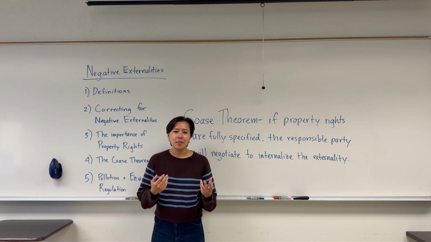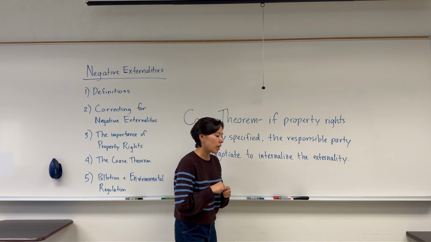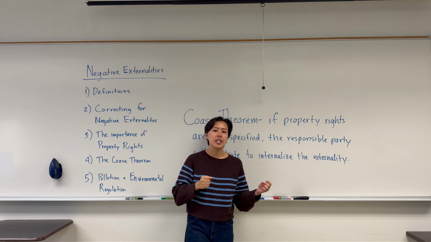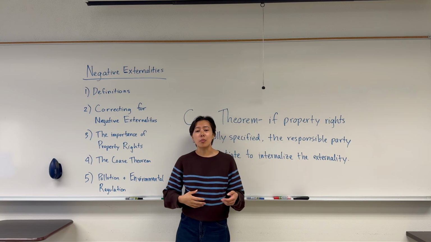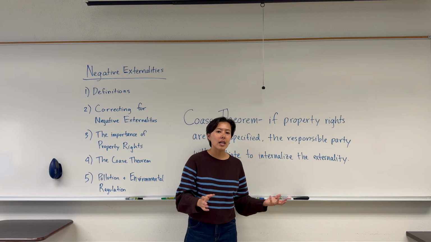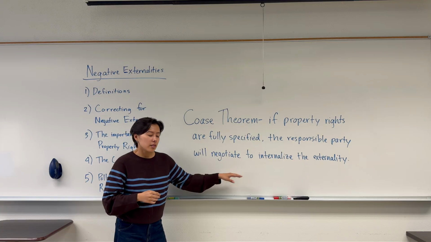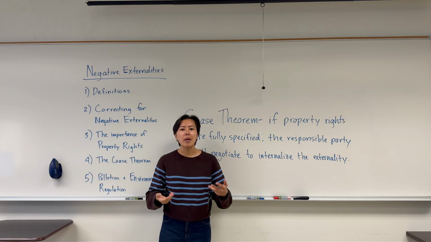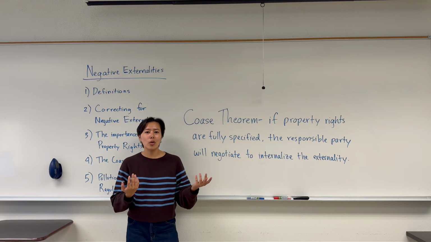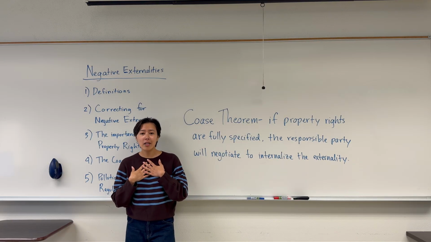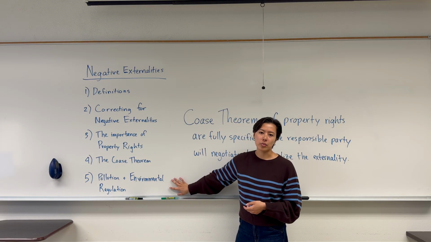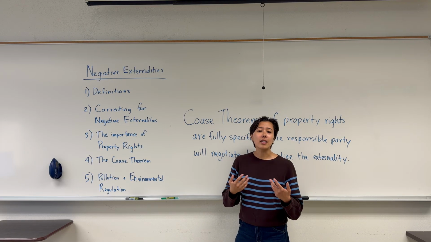And so clearly, when we have an example like this, where we have one individual that is polluting or creating the negative externality, and a very large group of people that are being harmed by that behavior, it might be hard for that very large party to organize together to negotiate, right? So in this situation, this is where we might need some government regulation. It might be very difficult for all the residents of the town to organize and tell me that I can't pollute the air. And so instead, the government might step in and impose some kind of environmental regulation. And this is what we typically see in the real world.